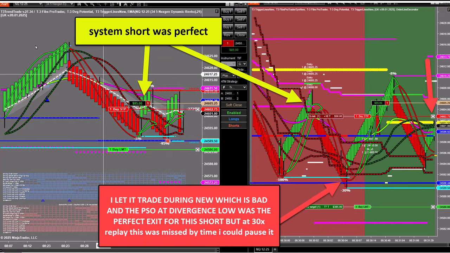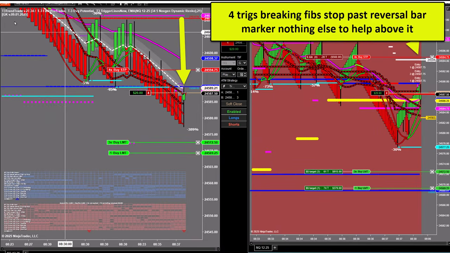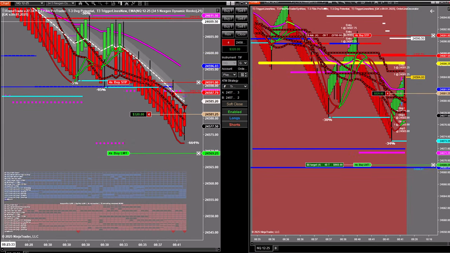Hopefully that's a pretty easy lesson to see right there on exits. Again, system got short, looks perfect, triggers are through, everything's strong, lots of room. It went down and I got myself bumped out, but I put myself back in because the system was still on. I brought my stop down to manage at the pivot stop out at the bottom. Got me back in, and then